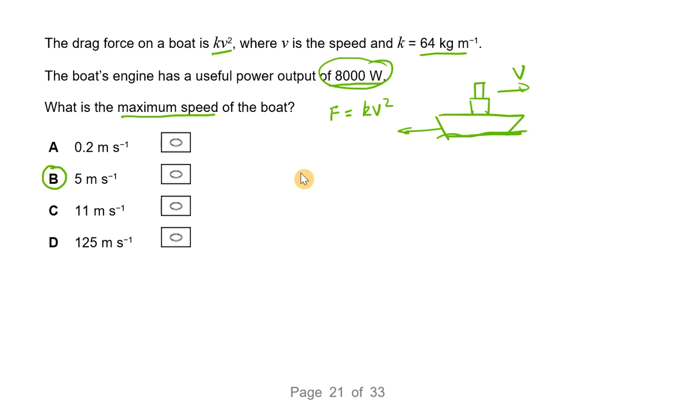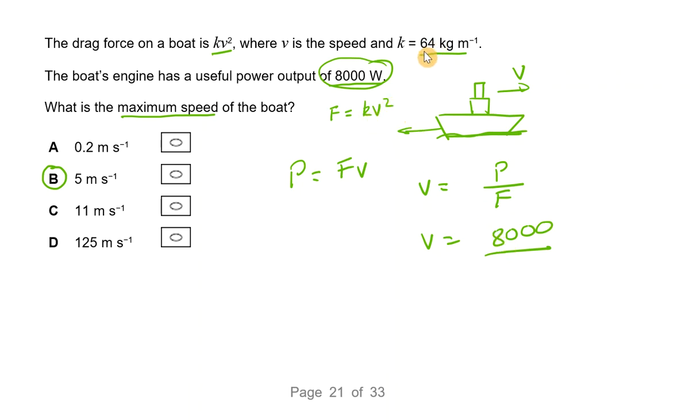Okay, so we're going to use the equation from your data sheets that power is equal to force multiplied by velocity. We're trying to find the velocity, so I'm going to rearrange that to say that the velocity is equal to the power over the force. Now we can put some things in here. We know what the power is. We know the power is 8,000 watts, and we know the force is given by this value kV squared, and